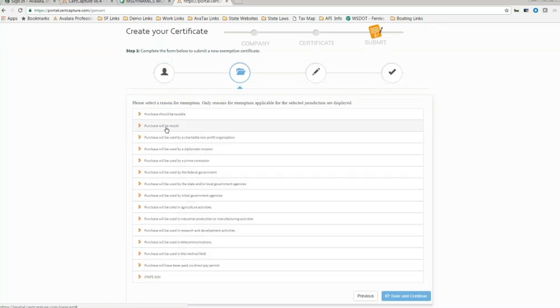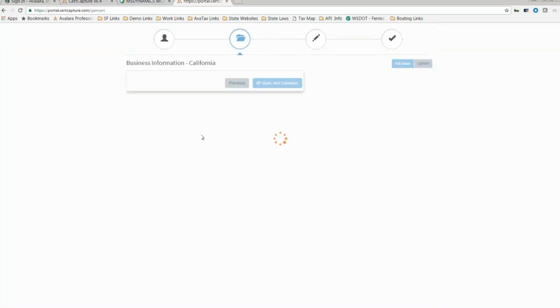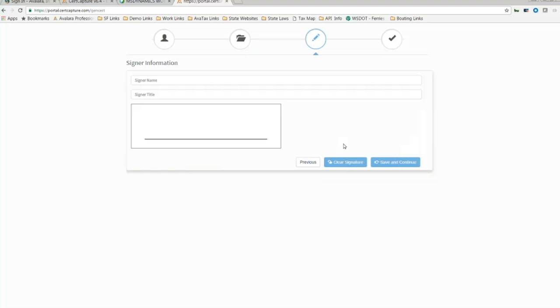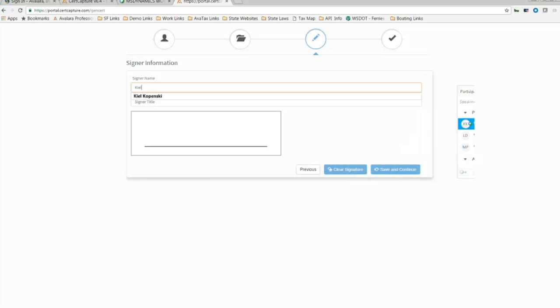You can add or subtract as many of these exemptions as you want. So let's assume that I'm doing this for resale. I just put in my state tax ID. I say what I am selling, give a description of what I'm selling, and I save and continue. The last thing it wants me to do is the signature and the date. So Kiel Kopenski,